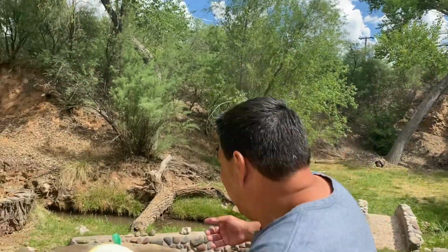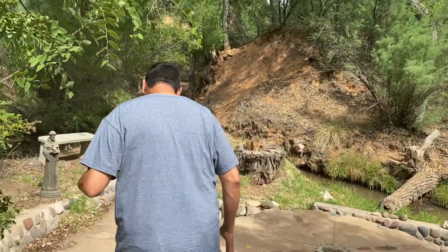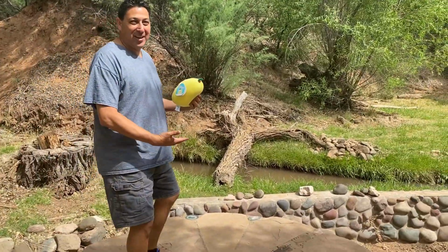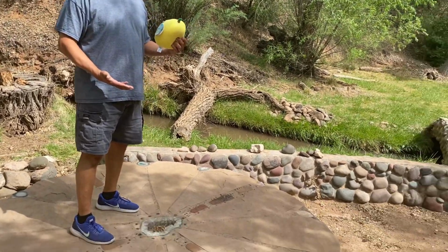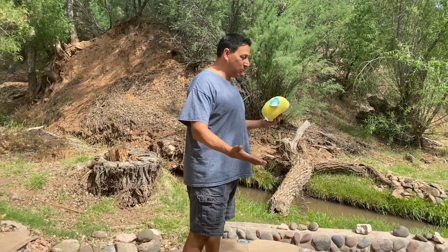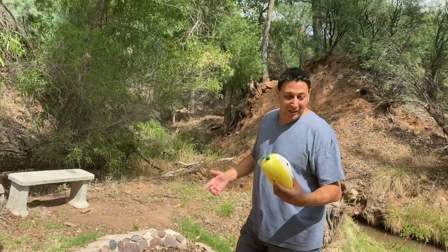So we're debating exactly what this is. I think you go over here like this, and you kind of sit down and meditate. That's what I think it is. I could be wrong. But once again, this is the Healing Homestead, so I assume this has something to do with it. The cute little thing over there and a bench. But once again, the best part